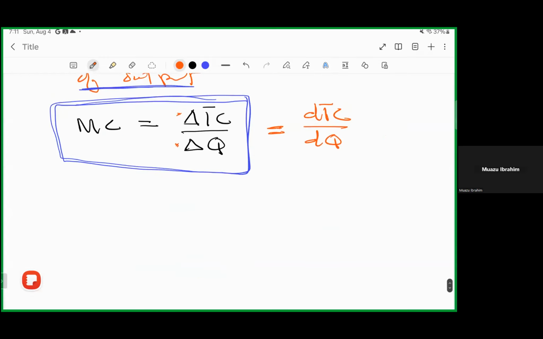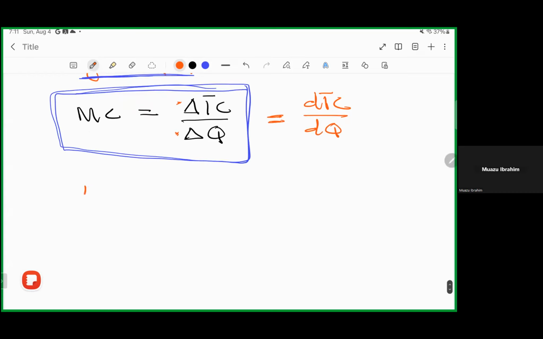So the total cost that we are looking at comprises fixed cost and variable cost. You can further get the average cost from total cost. You can also get the marginal cost from total cost. So if you have something like this, for example, total cost is equal to 100 plus 2Q.